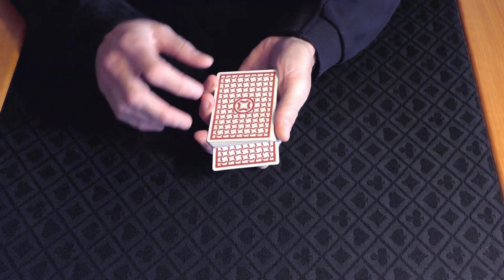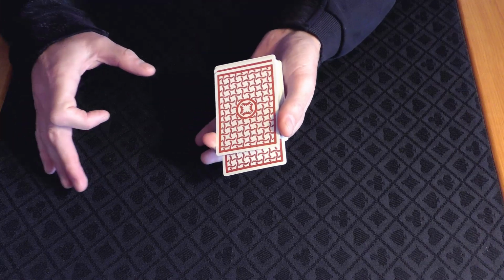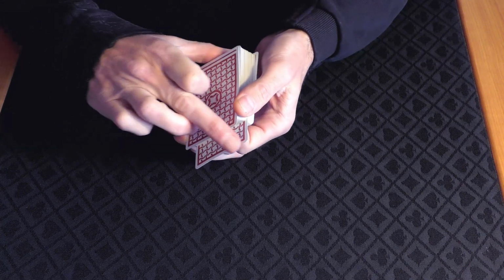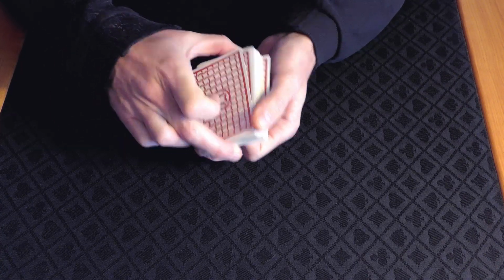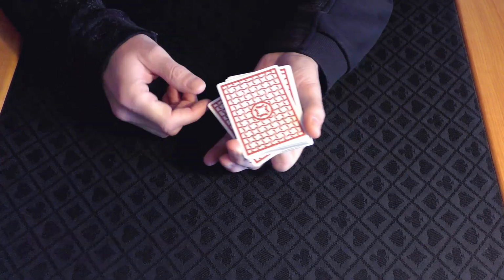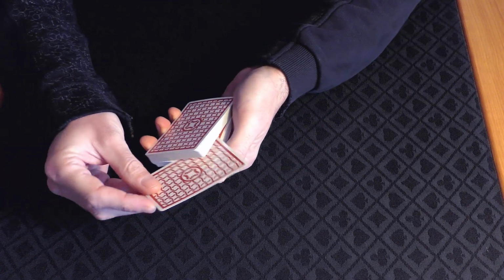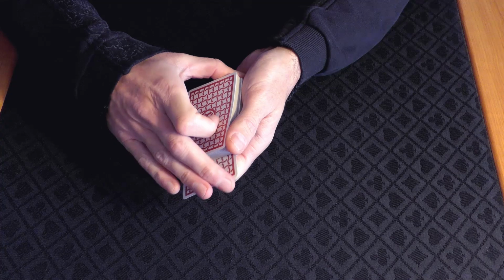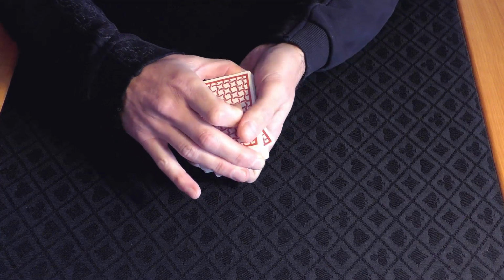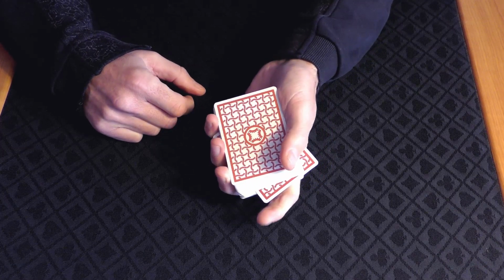So it goes in the middle, and I'm going to apply pressure between my middle finger and my thumb. Now what I'm going to do is press down on this top left corner, and as I do and square it, it sticks out the side of the deck. Now this allows us to bring it even further out of the deck. As I place it in, I'm going to square it, and with my thumb you can see that little corner kicks out,